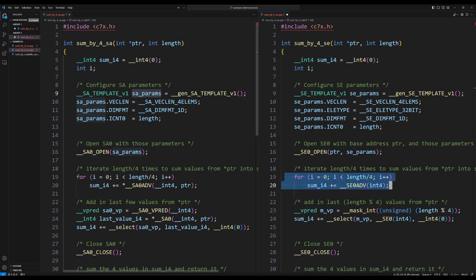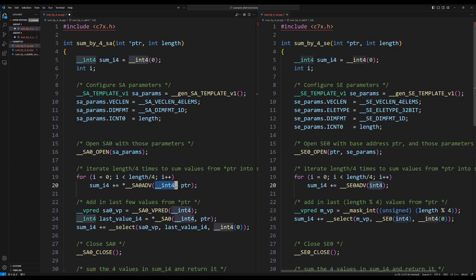Okay, and that's what's happening here in lines 19 and 20. They're similar to the same lines on the left. We're calling SE0 ADV instead of SA0 ADV. And just like before, the 0 in the name has to match the 0 in the open. And that continues to be the case with all the functions. SE something functions called, that 0 has to match. The type is there for the same reason. In this case, the SE gets a value in a holding register, and then when the compiler uses that value, well, what is the type of it that is coming out of it?